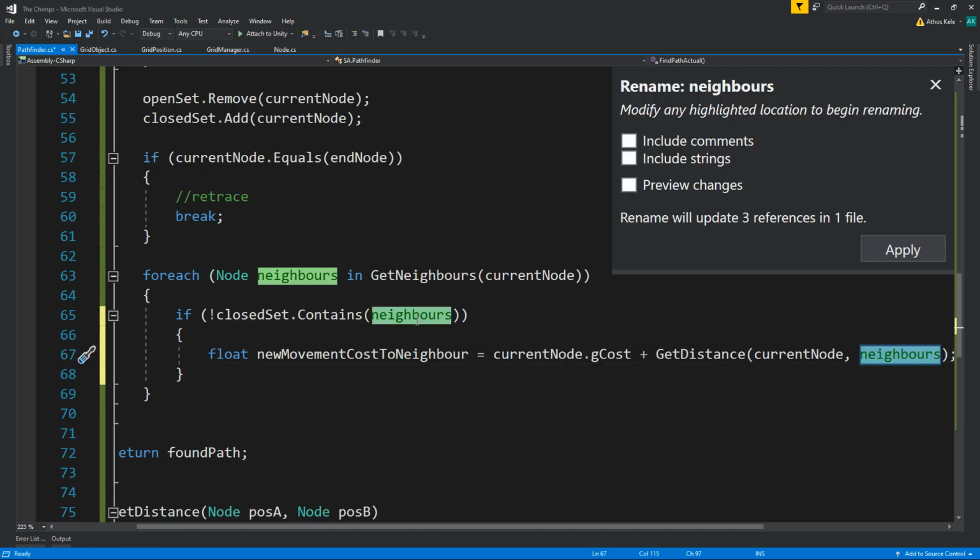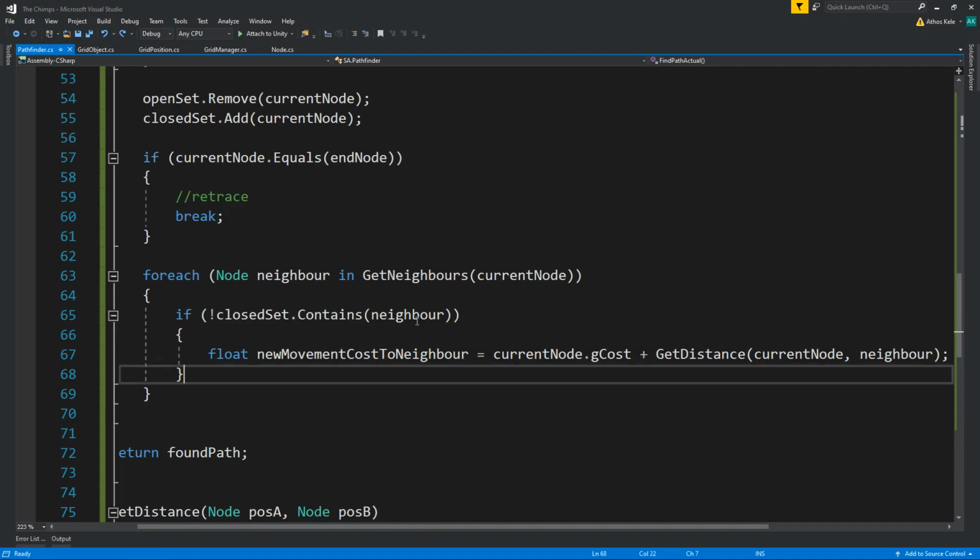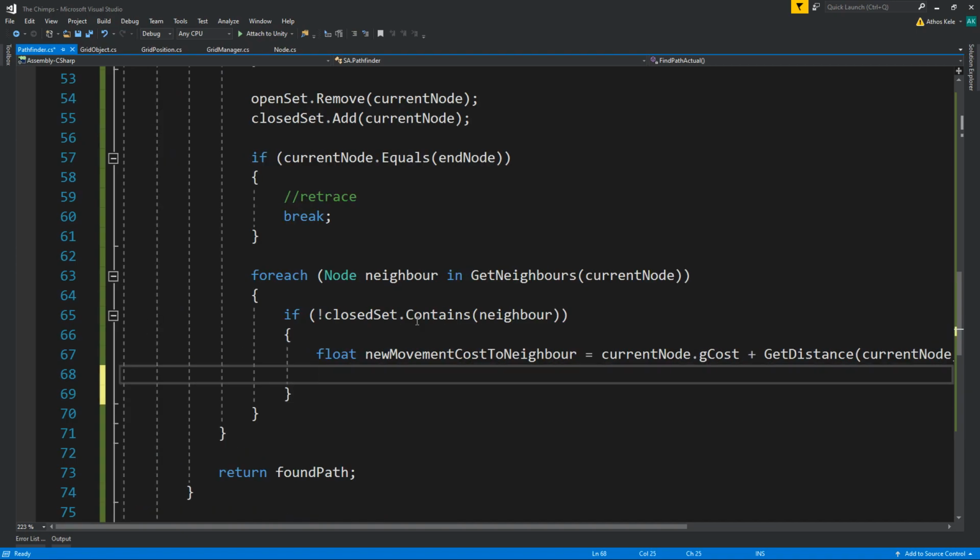Let's rename this to neighbor. Okay, then if the new movement cost to neighbor is lower than the neighbor G cost,